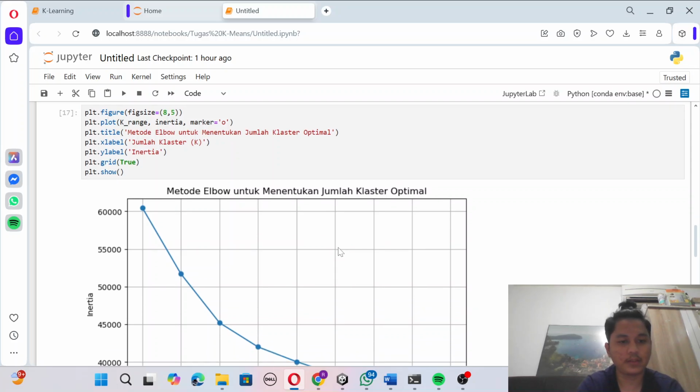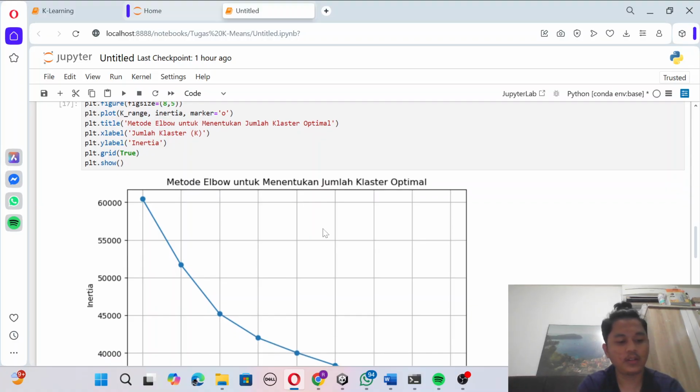The image number 1 is the elbow method. The image is an elbow method chart used to determine the optimal number of clusters.